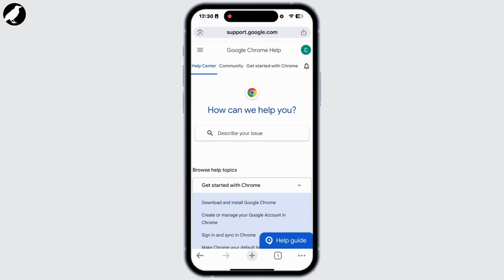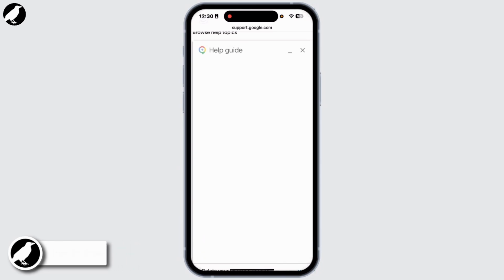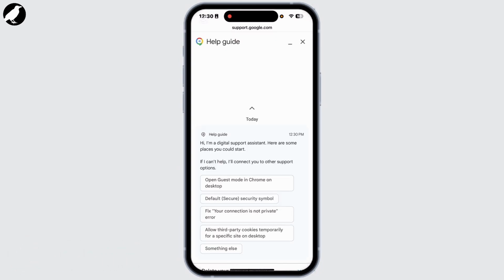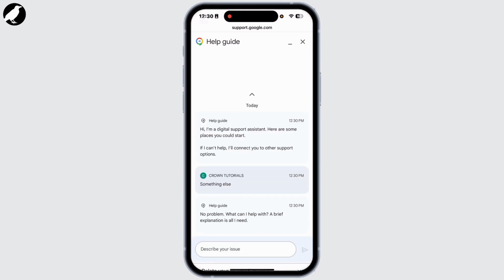After you choose one, you'll have to scroll down, and at the bottom right corner, you'll have to tap on Help Guide. After you tap on Help Guide, you will get this type of interface. From here, at the bottom left, tap on Something Else. After you tap on Something Else, from there you'll have to just log in with your Google account, and